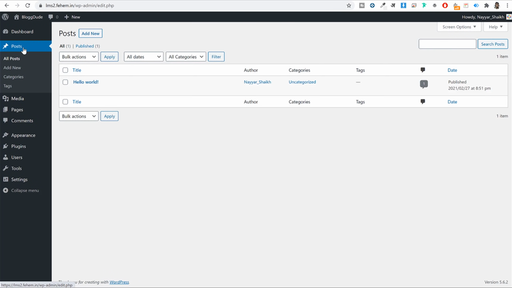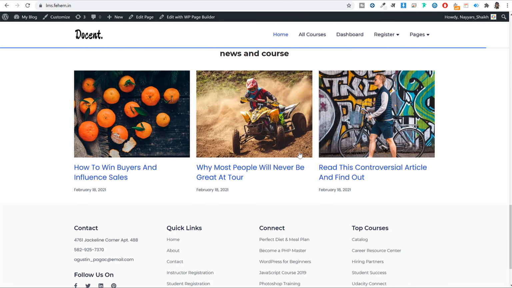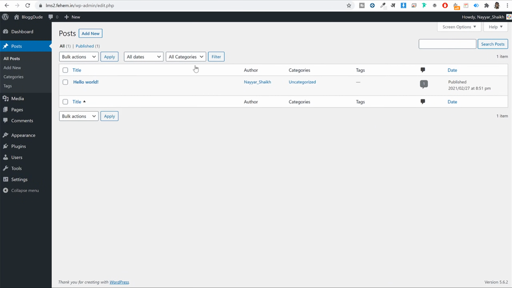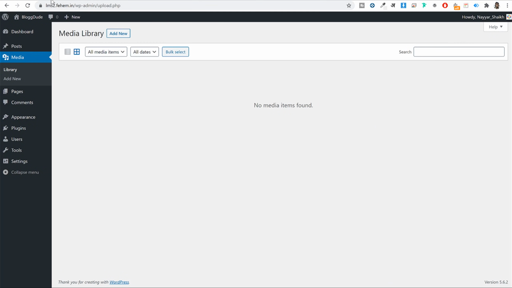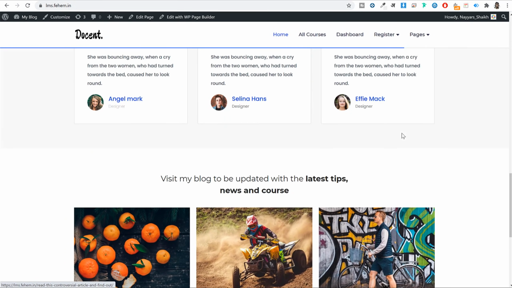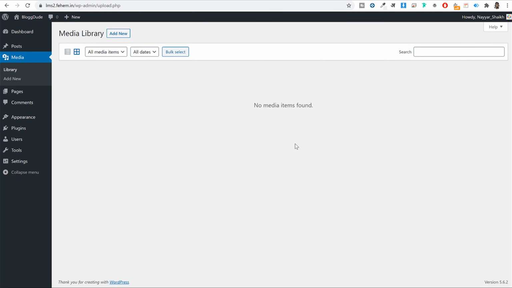Then the second option from the left hand side is this post option. Now this option will be used to create different blog posts. You can see this option on your demo website as well. So as you can see, we have created different blog posts. We'll be creating these blog posts from this page. Then we have the media option. So under this option, all the different videos, audios, images, whatever media file you have uploaded on your website, you can see all of those over here